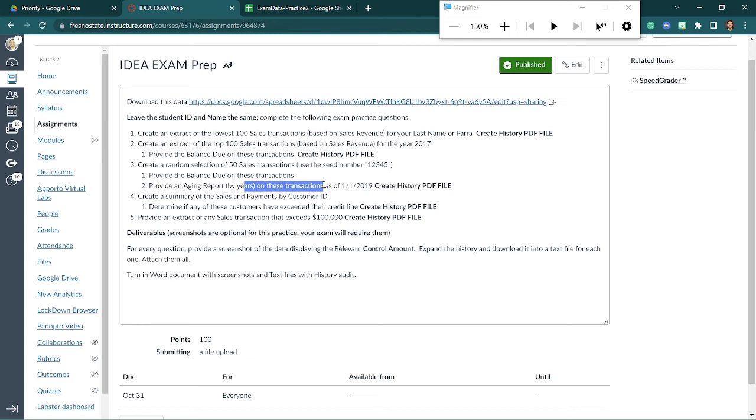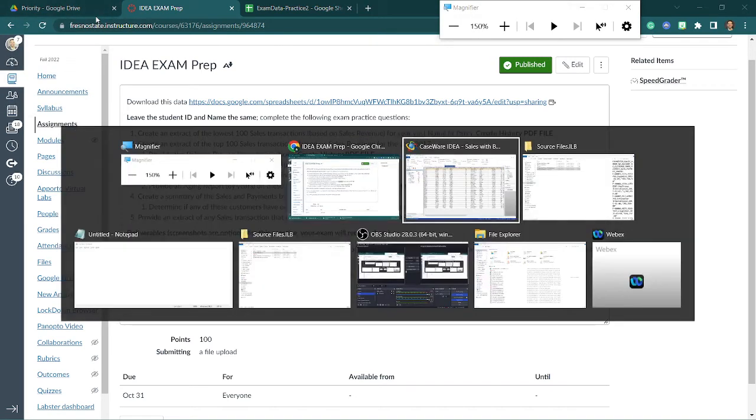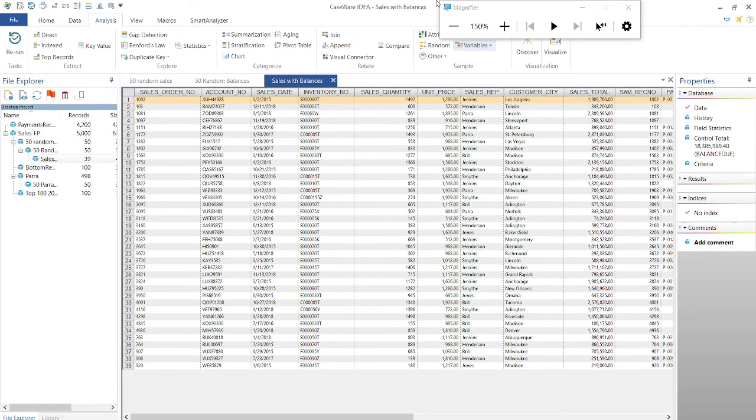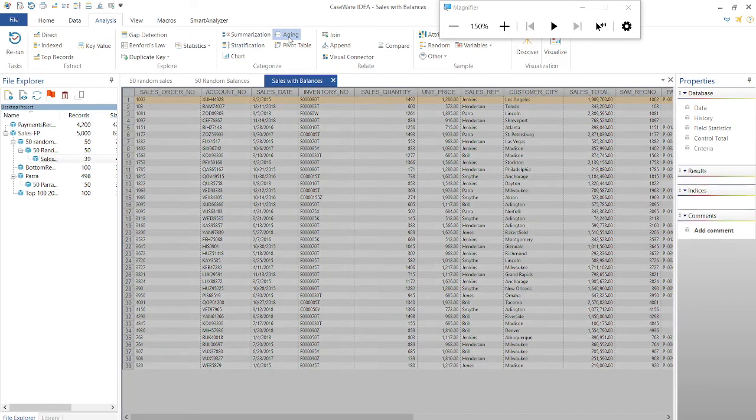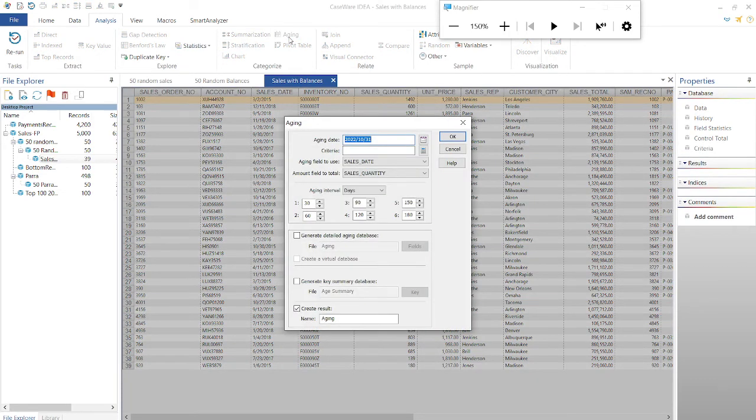All right, so provide an aging report on a yearly basis as of 1/1/2019. So let's pretend that we're in January 2019. How do we do a report? Then you go back and say, let's do an aging report. While looking at this database, I can now look at an aging report. Notice that I first extracted those that had a balance and got rid of everything that was paid. Aging date is going to be 2019